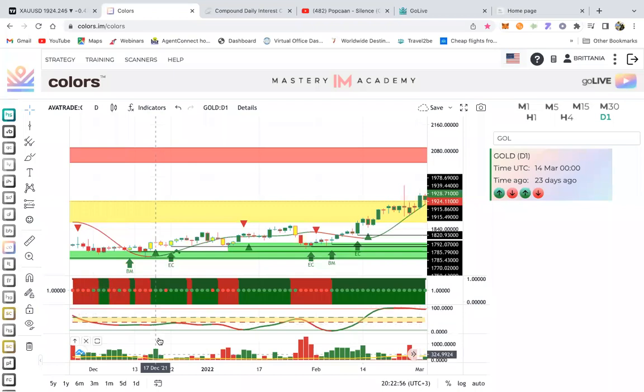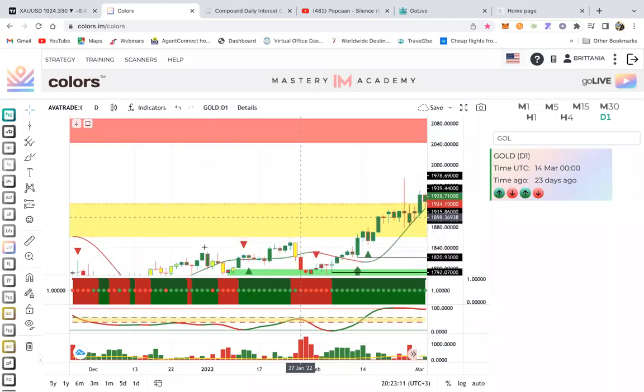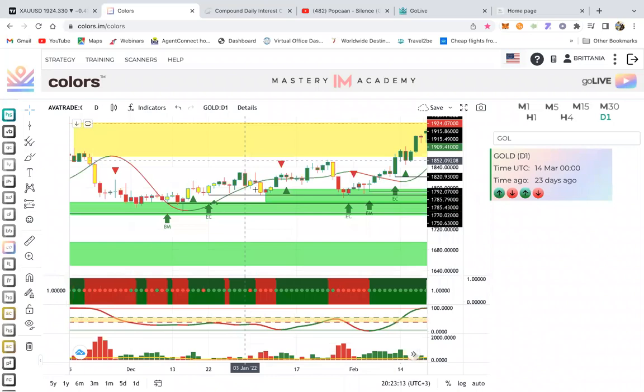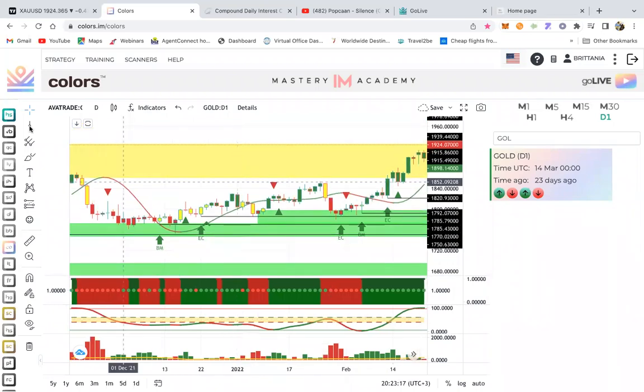I'll make sure I go slowly this time because I tend to speed through it, right? Because a lot of people are new. So above here, you do not have a green solid candle, right? So if you don't have a green solid candle, what you're going to do is wait. And this is where your patience comes in, guys, when it comes to the Forex market, right? So what I'm going to do, I'm going to get a vertical line right here.